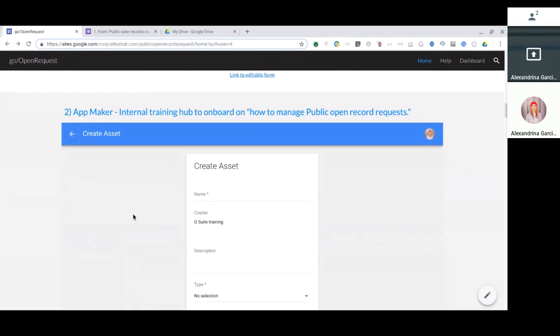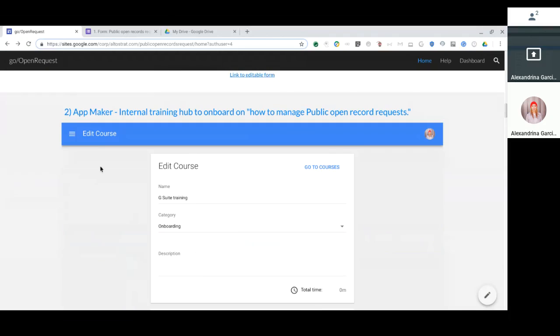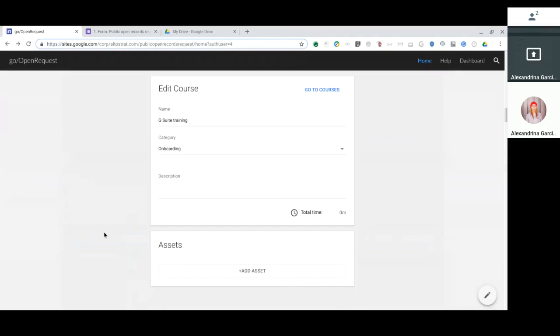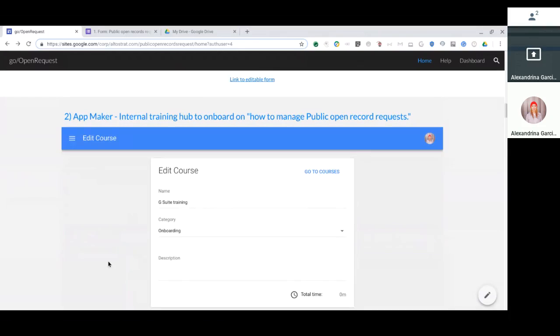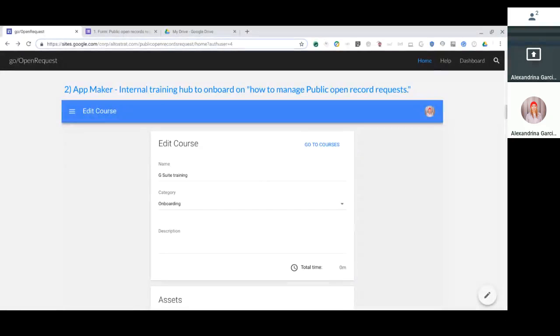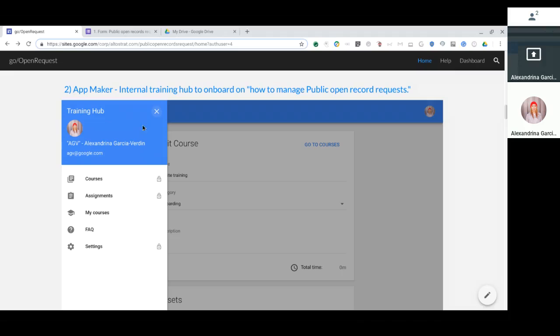And then because this is a new process, let's get people trained on these processes. And that's where we have AppMaker. AppMaker is that low-code drag and drop UI with key solutions. One of them is a training hub. And so I can actually embed this training hub, this turnkey solution from AppMaker, anywhere into any website, including this